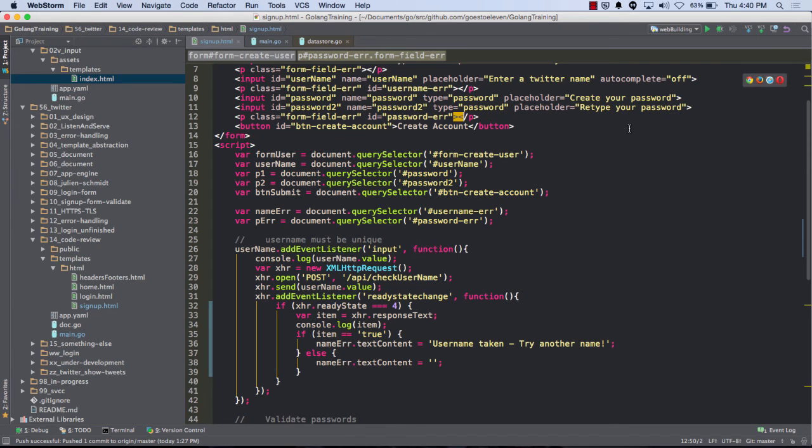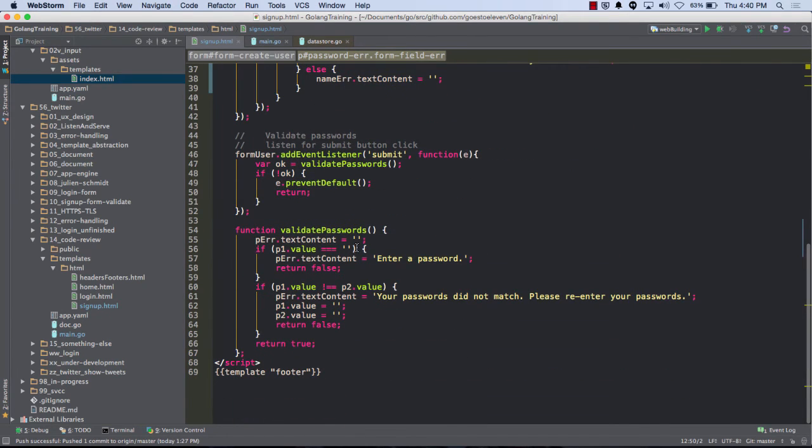I'm just making sure that's nothing. And then if P1 value is equal to emptiness, the error P text content is enter password and return false. So if this is false and I take the opposite of false, that becomes true, and if that's true, this code runs where it prevents the submission of the form. Exit that function. I can't submit the form. You don't have to undo preventDefault.